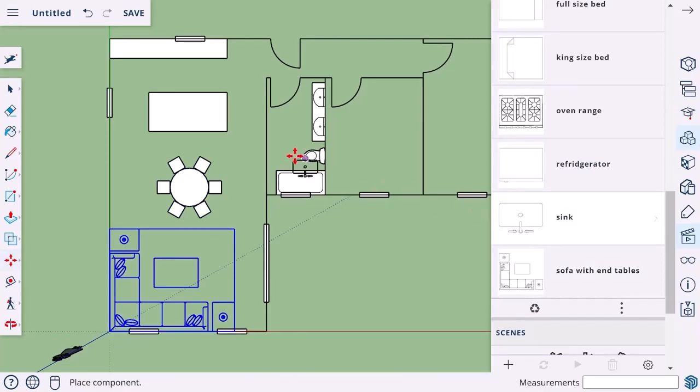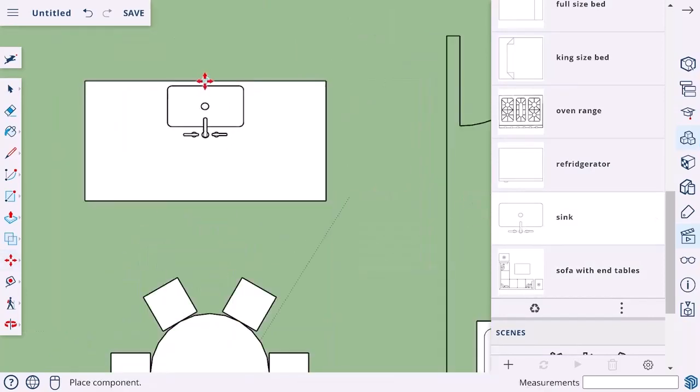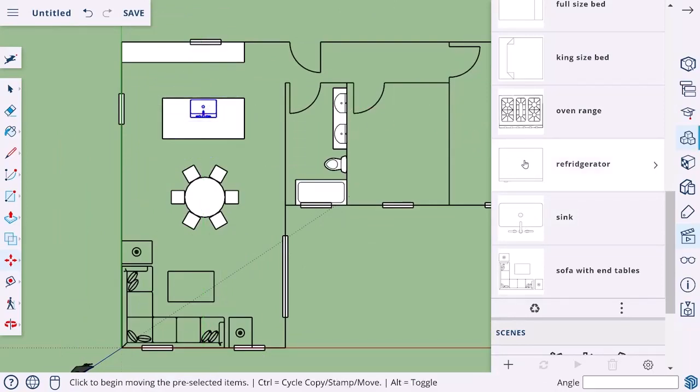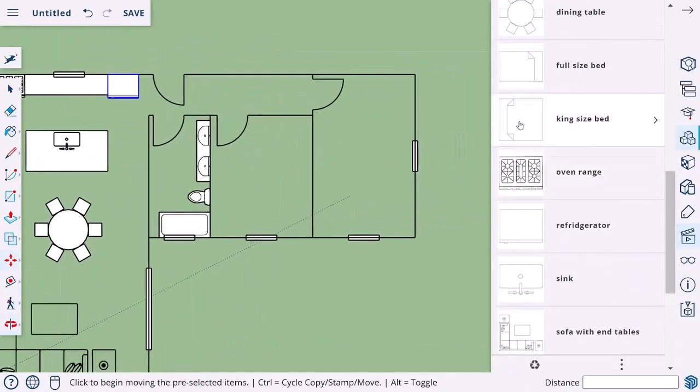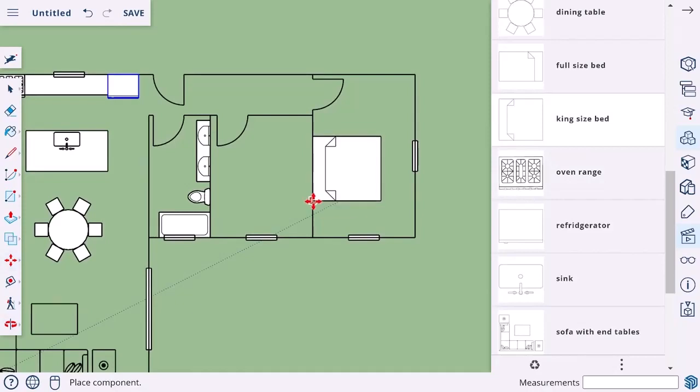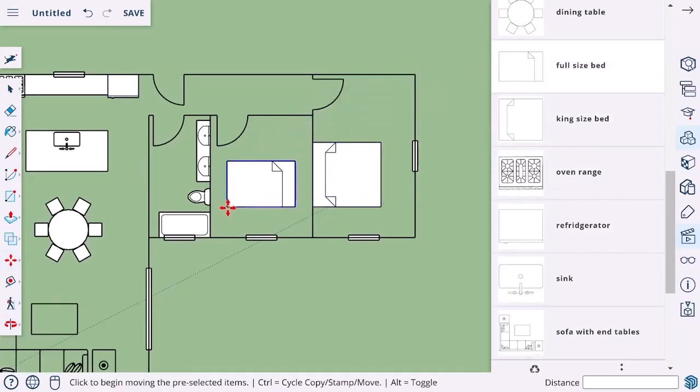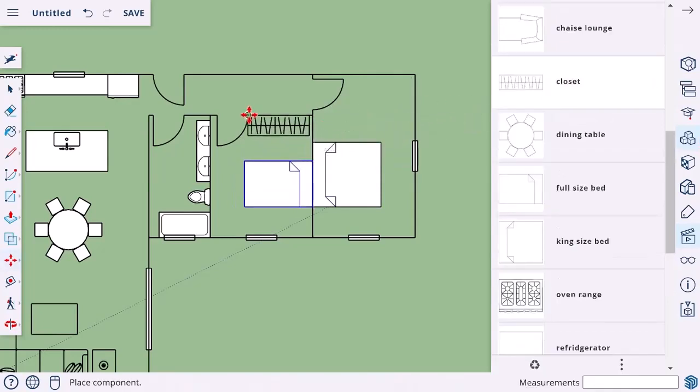Let's click on the sink and drop that here at the midpoint. Let's add the oven over here on the left side. Let's add the refrigerator, maybe right here. And then let's go into the private areas. So let's add this king size bed, add the full size bed, click and release, and click and release to bring it tighter. Let's drop in a closet,